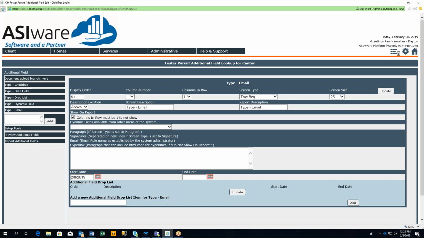Let me click on that. We'll set this to email. Everything's good. Now, look at these instructions here for this field. If this is an email field, the email rule as established by the system administrator, that's what you want to put here. And I set up an email rule called webinar. All right. So I'll go ahead and put that in there, hit update,